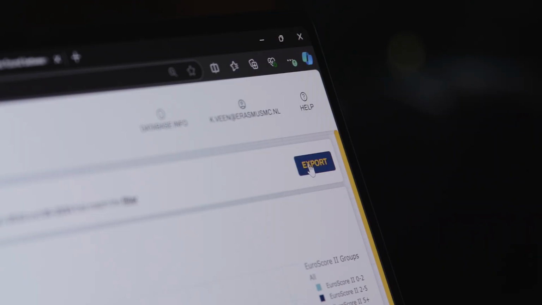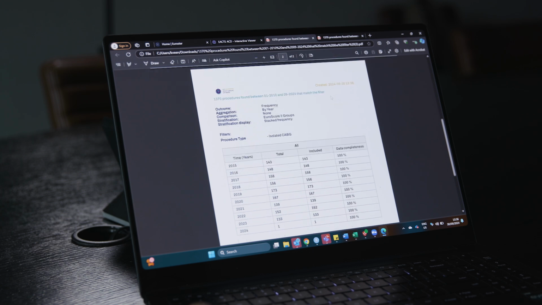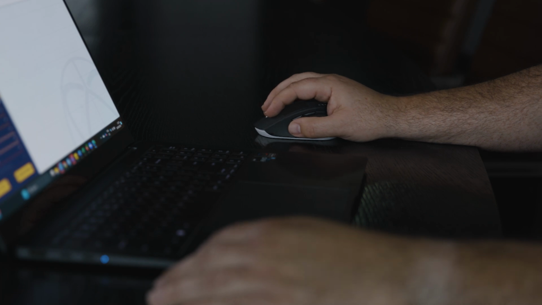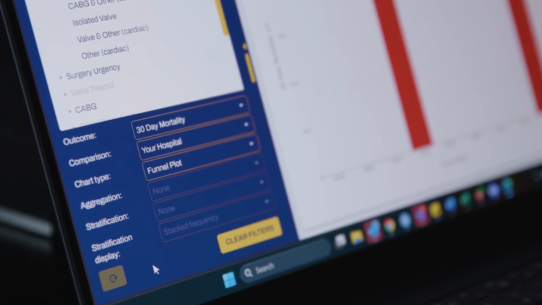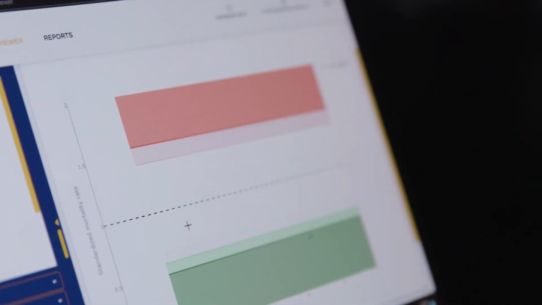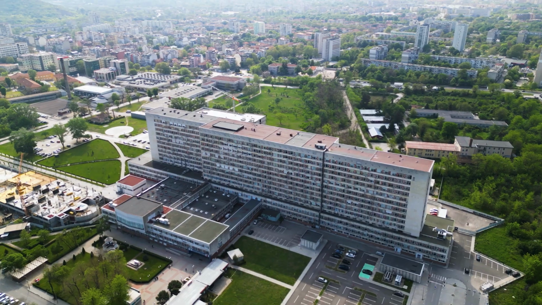And also you can export this to your local computer and use it for internal use in your hospital, for example. If you want to go to the board of directors, if they have questions about the performance of your hospital, you can easily say, okay, my hospital is performing quite good compared to the rest of Europe, for example, and that's quite easy. And especially for hospitals that don't have a national registry, and maybe also hospitals that have a national registry without an interactive viewer, this is really added value because you directly have feedback of the performance